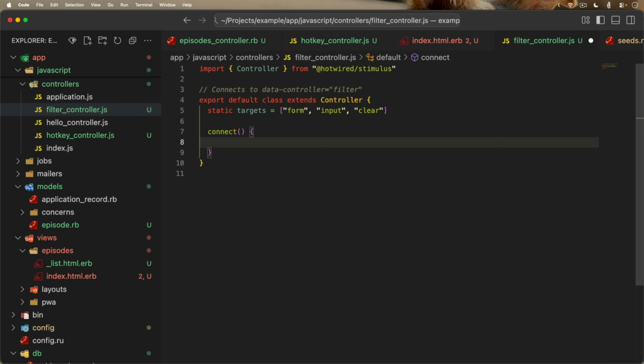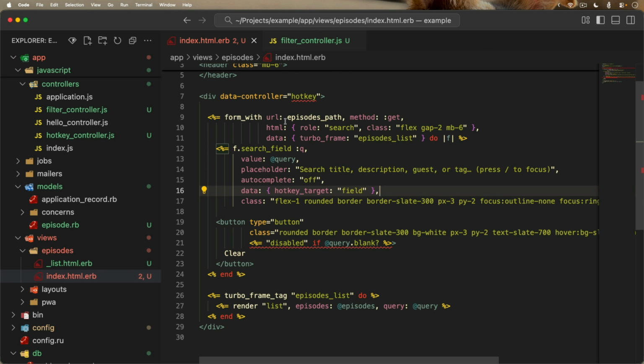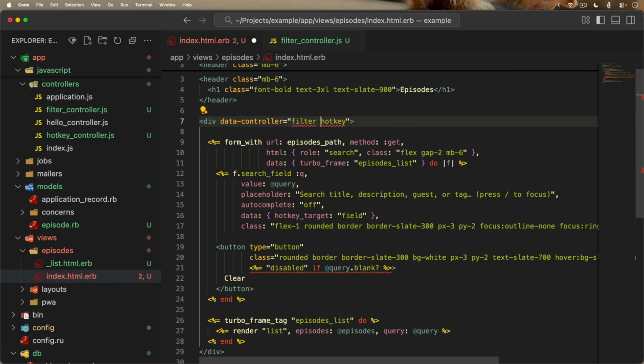When the stimulus controller first connects, we basically don't need it to do anything yet, but we do want a submit function, and this submit function is just going to get our form target, and then we will request the submit. So we can add in the stimulus controller in the view, where we'll just have the filter,